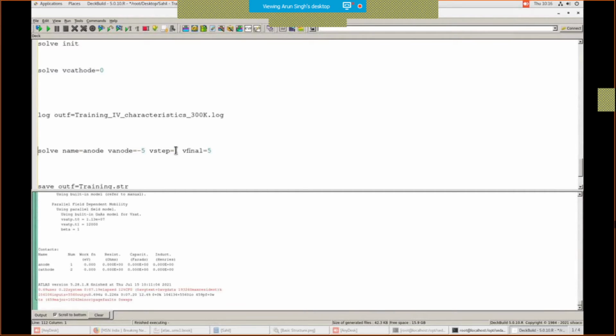You can decrease this step size to 0.1 or 0.2 or 0.5 volts based on your requirement, and it will automatically increase the simulation time also. So if you want to get quick results just to see how your device is performing, you can increase the step size and just see a rough graph. And if you want to go to research, if you want to put your simulations in a research paper or something like that, you can do fine simulations after validating the concept that our results are coming right.